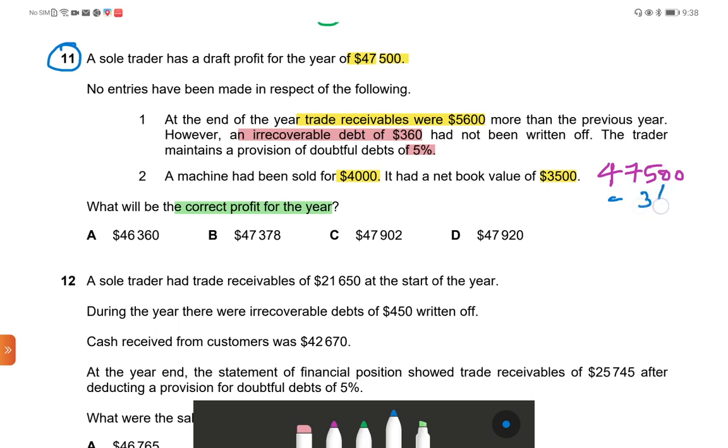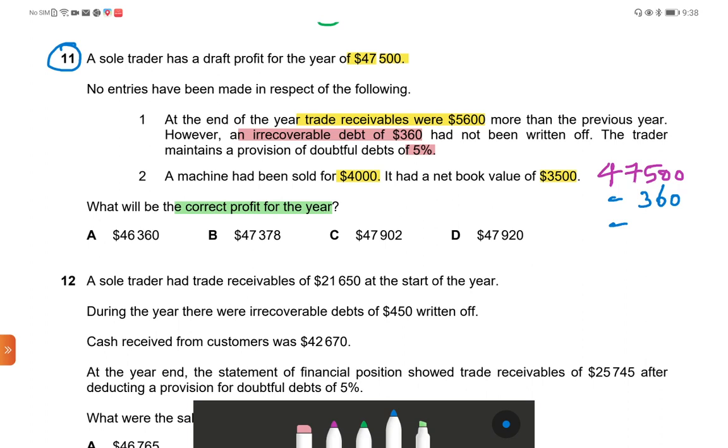360 expense is there, that is bad debt. Minus, we have to deduct provision for doubtful debts 5%. So first we have to calculate the provision for doubtful debts. How to find the provision for doubtful debts? Provision for doubtful debts we are calculating